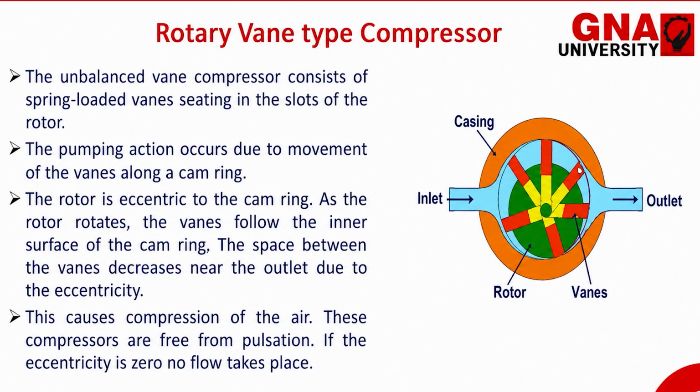So one of the limitations of the reciprocating type of compressor is that we will always be getting pulsating air. Pulsating means that we will get one volume of the pressurized air, then we will not get it. Then again we will get it, not get it. That is the pulsation. But when we talk about the rotary type of compressors, no pulsation is there. You will be getting a continuous supply of air at the outlet. Okay. So this is the working of the rotary vane type compressor.